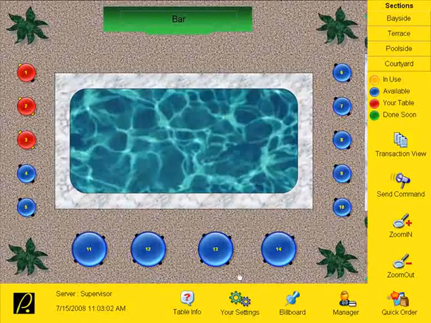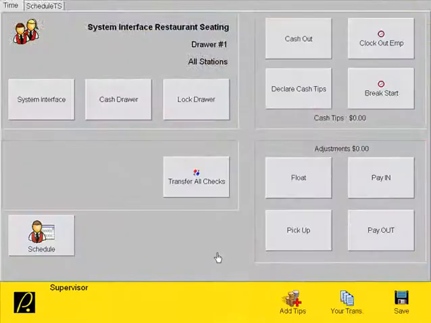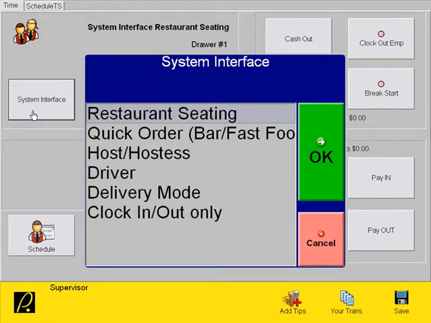The Your Settings function shows up within the table layout screen, and selecting on this will bring up a screen that pertains to you as a person who is logged into the system. The first button we have here is System Interface. Now, selecting on this will present all of the different modes of operation that an employee can use on the